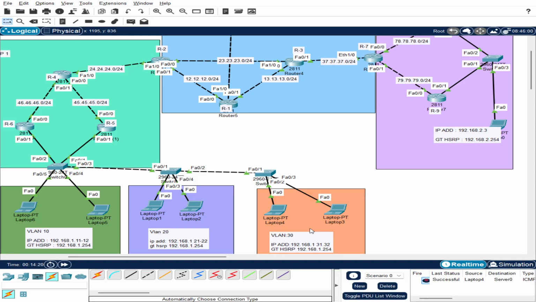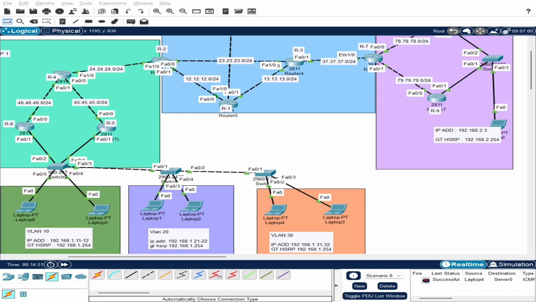But how can they connect to each other? Well, the answer is NAT. NAT is a protocol for you to translate a private IP to a public IP, or a public IP to a private IP.